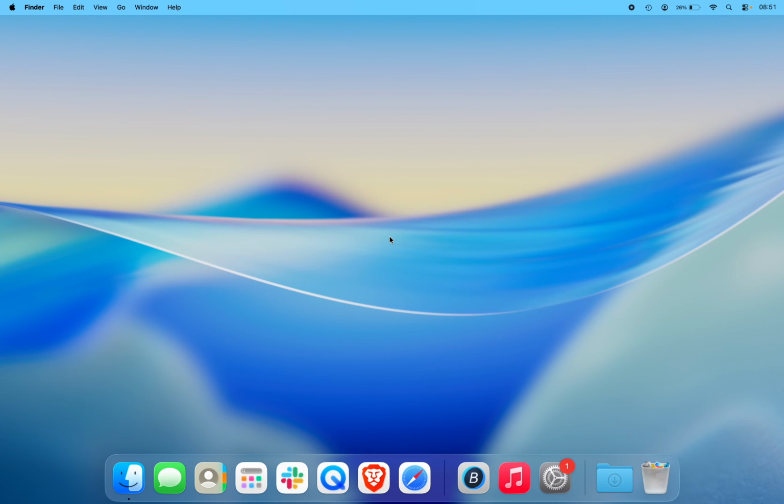In this video, I'll show you how to check the battery health and cycle count on your Mac. This is useful if you want to know the condition of your MacBook battery and how many charge cycles it has used. To get started, click the Apple menu in the top left corner of your screen, then click System